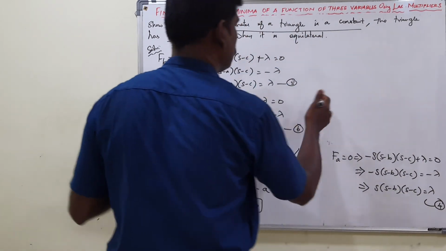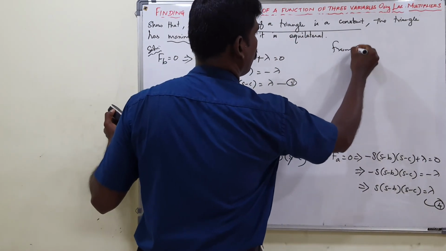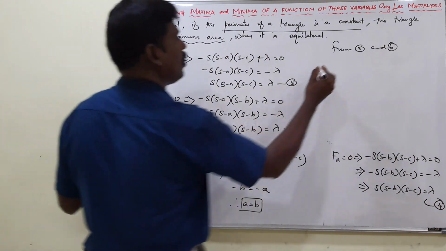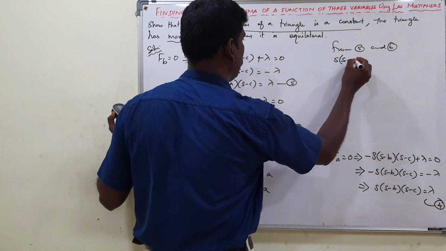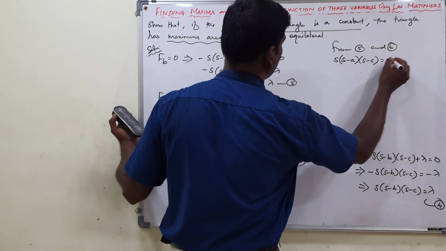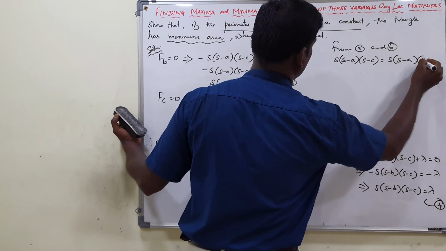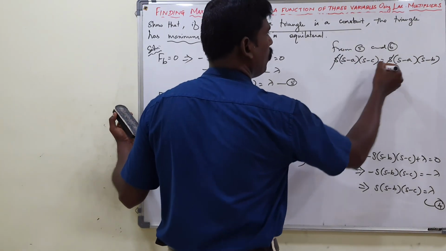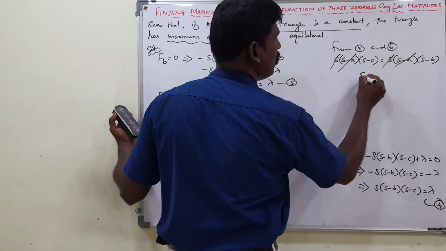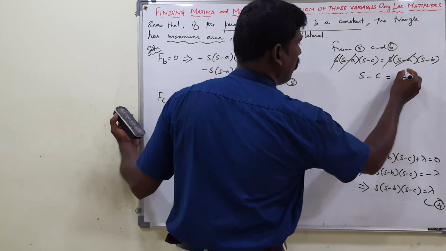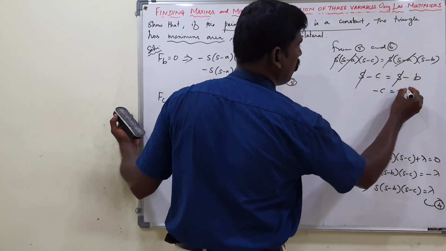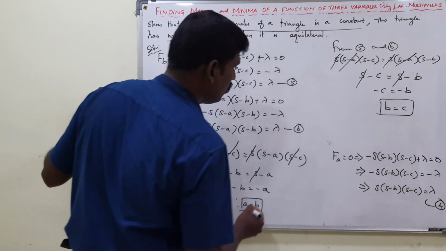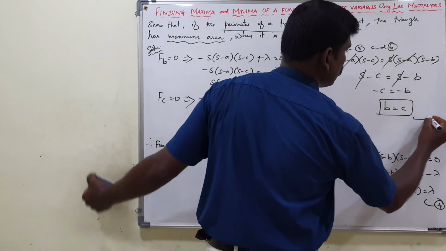Same like that, by equating 5 and 6. Equating 5 and 6, right hand sides are equal, therefore the left hand sides are also equal. So S into (S minus A) into (S minus C) equal to what? S into (S minus A) into (S minus B), isn't it? These two are equal, so we can cancel S on both sides. Same with that, (S minus A) on both sides. So S minus C equal to S minus B. You can cancel S on both sides, so minus C equal to minus B. After eliminating minus, B equal to what? C. Right? We call it 7. We call it 8.